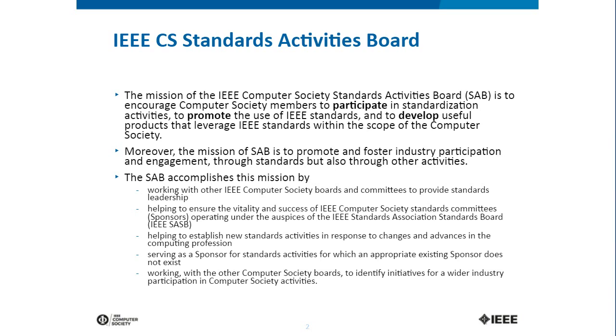There are different ways in which the SAB accomplishes this mission. It works with other IEEE Computer Society boards and committees to provide standards leadership. It helps to ensure the vitality and success of these IEEE Computer Society standards committees. It helps to establish new standards activities in response to changes and advances in the computing profession. It also serves as a sponsor for standards activities for which an appropriate existing sponsor does not exist. And it also works with the other Computer Society boards to identify initiatives for wider industry participation in